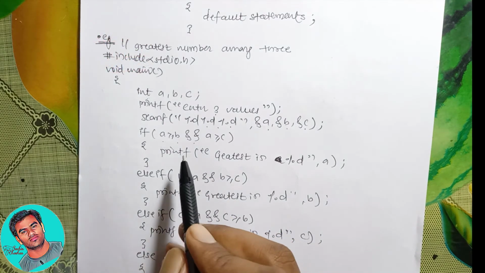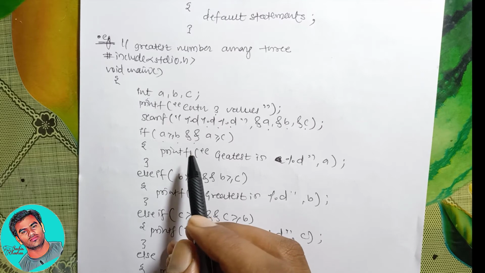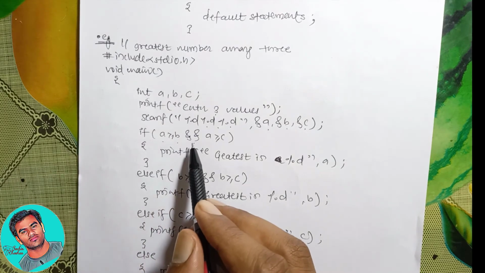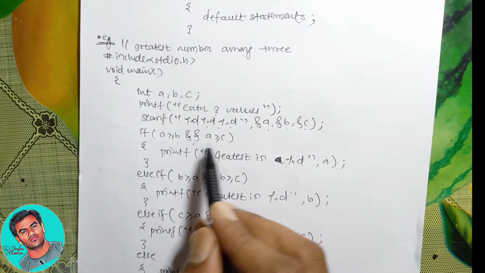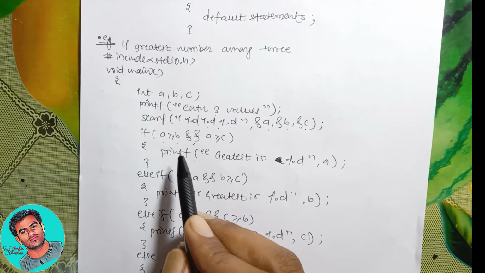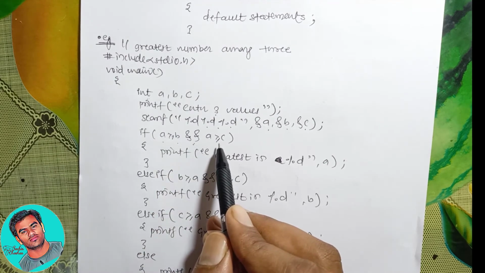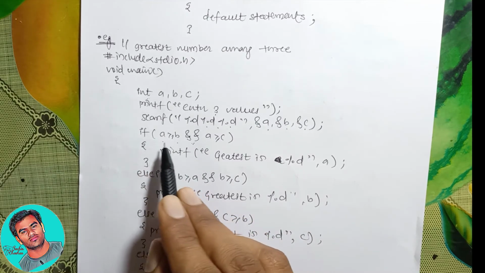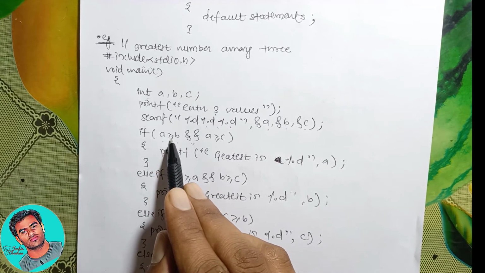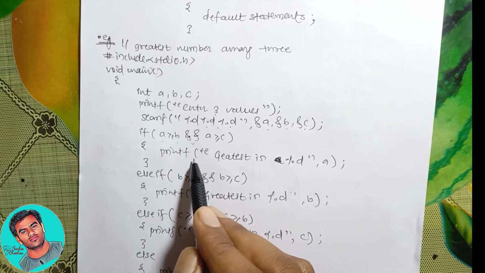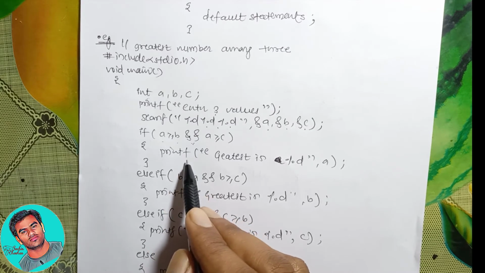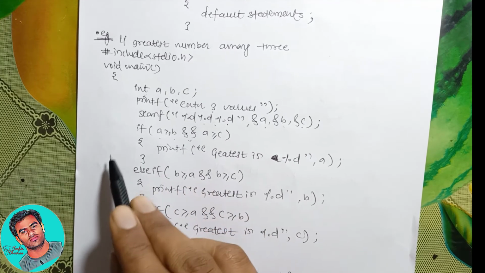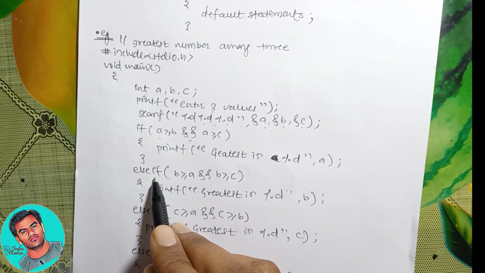I am assuming that you have seen the lecture on operators, where you saw the logical AND operator, where we need to have expressions on both sides. If both sides get true, then and only then the AND condition gets true. And as you know, the if has an expression in between. If that value gets true, it is going to execute the block next to the if. And if any one condition gets false, it is going to come out and check the next condition with the else if.